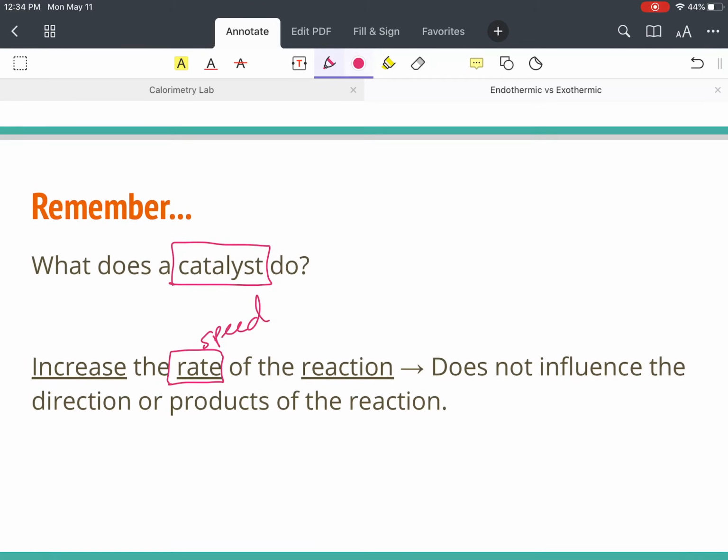So just make sure you know what that word means. And then hopefully you should be able to complete the little homework module. I think there's only like 10 questions, and it basically just reviews a lot of these key terms and then looks at those graphs to help identify, to read those endothermic, exothermic graphs. Okay. And just email